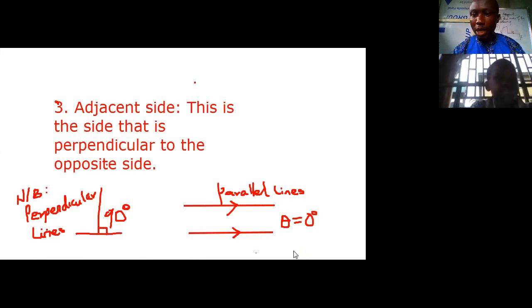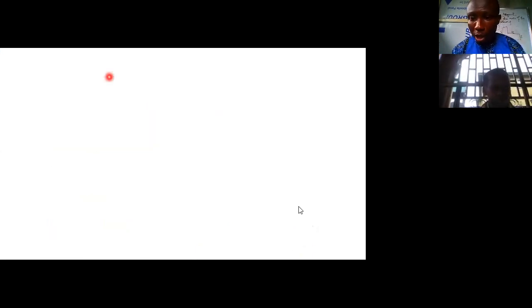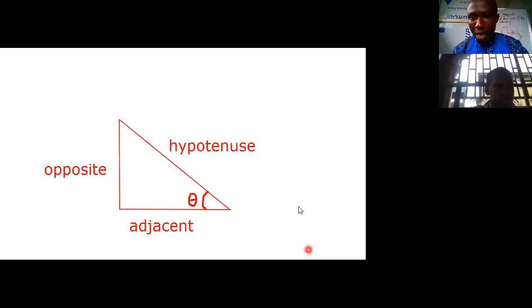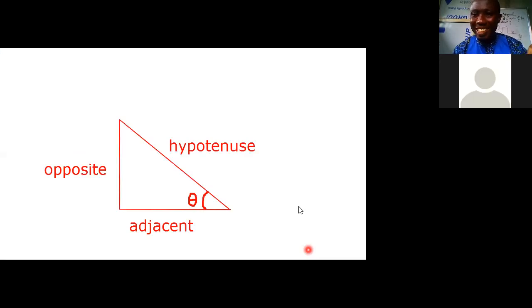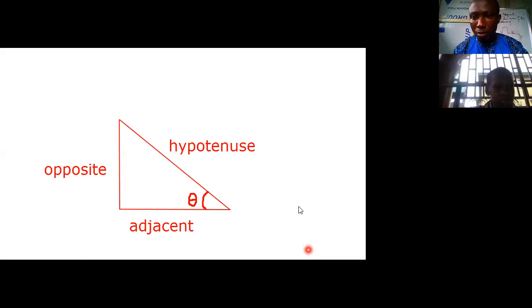Now I'm going to move to the next page and draw. I will draw a right angle. I've already drawn it in our page, page 1. This diagram now is called a right angle triangle. Did you hear what I just said? Yes. I said this triangle is called